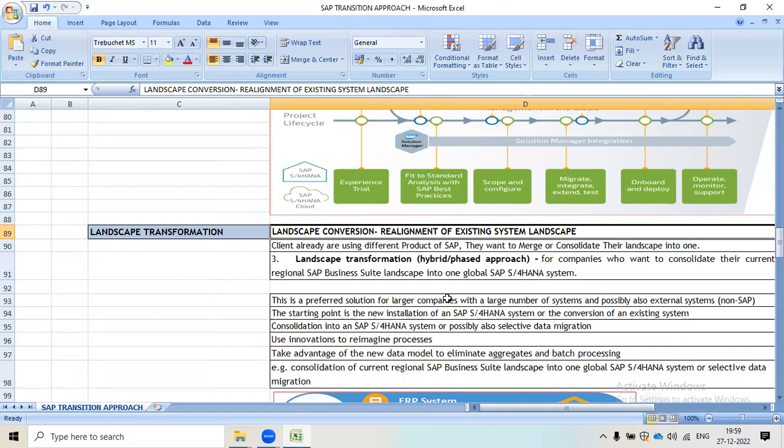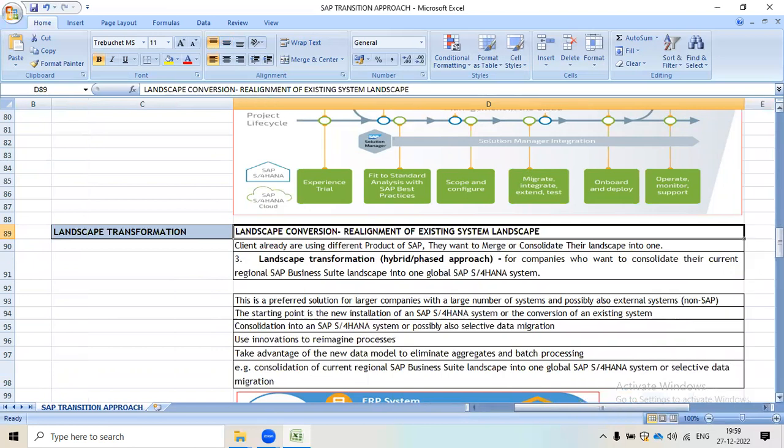It is for companies who want to consolidate their current regional SAP Business Suite landscape into one global SAP S/4HANA system. In other words, the client is already using different SAP products and wants to merge or consolidate their landscape into one. They can go through landscape transformation.